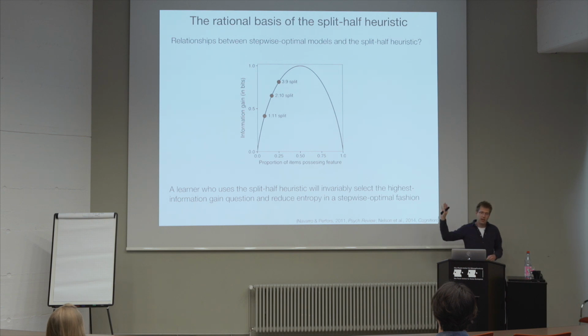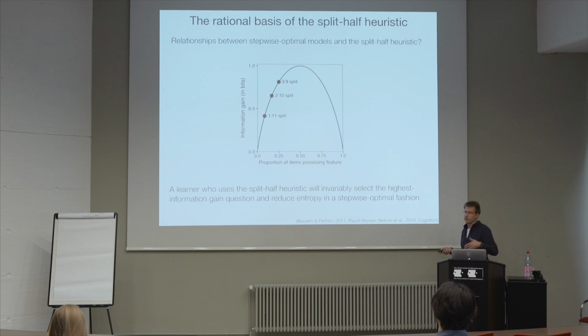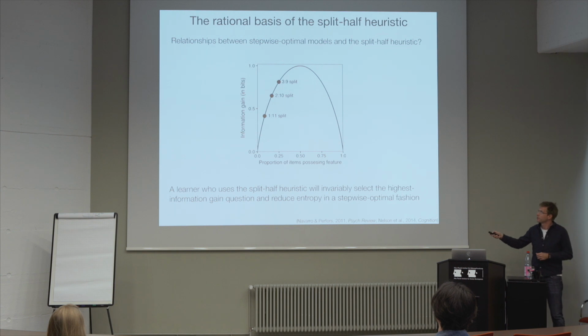In this kind of task, you can also apply information theoretic models like information gain, and you can see that different questions reduce uncertainty to a greater or lesser extent. What you see here is the entropy function that you saw already earlier. On the x-axis, we have the proportion of items possessing the feature, and here we have the information gain. So how much information do we gain by asking that question? You can see the maximum is at 0.5, so if we exactly split half, we have the maximum of information,